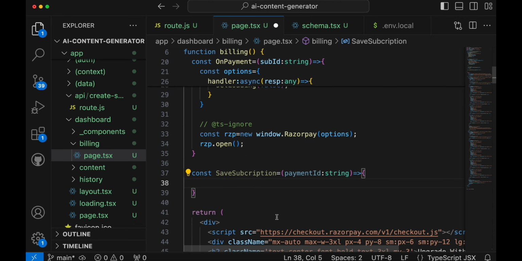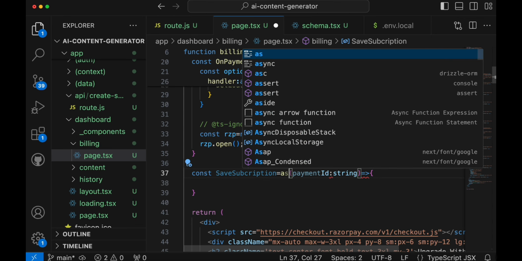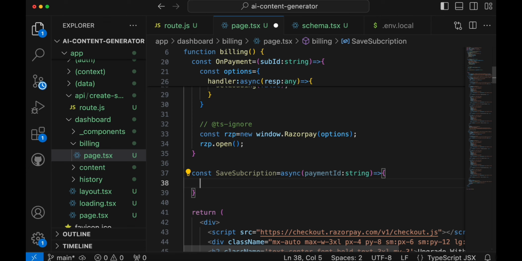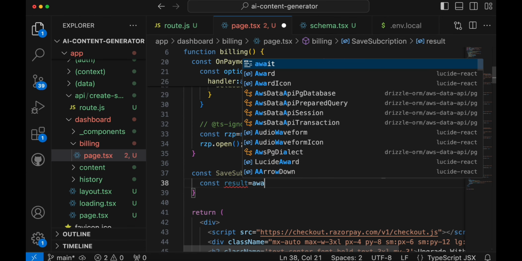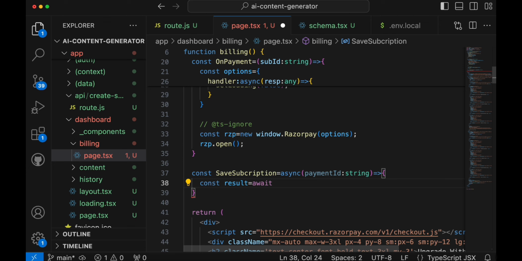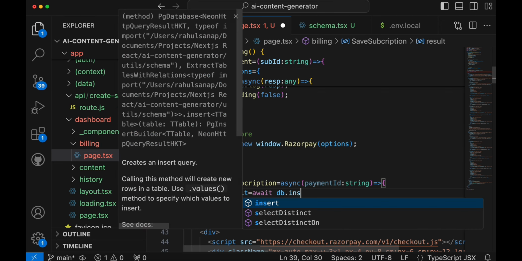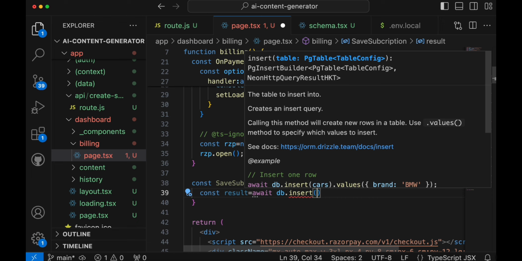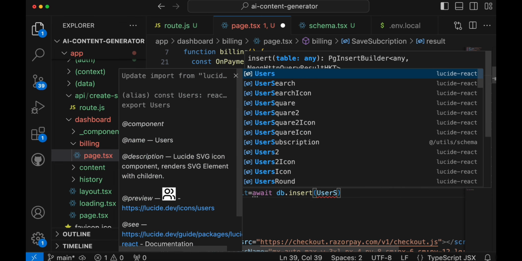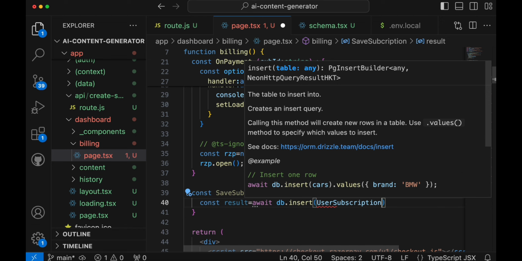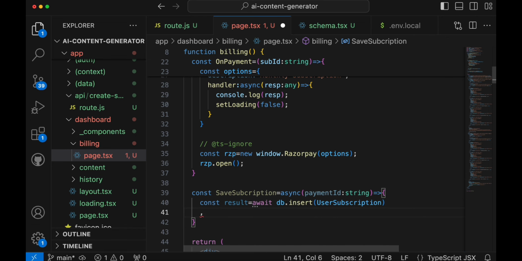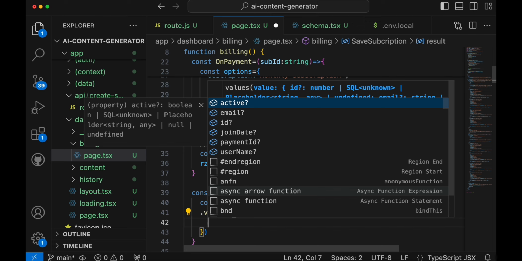Let's make this async, and simply here we'll add a constant result is equal to await db.insert. Now here we need to give the schema name, which is the user subscription from this util schema, dot values, and inside this we have to provide the